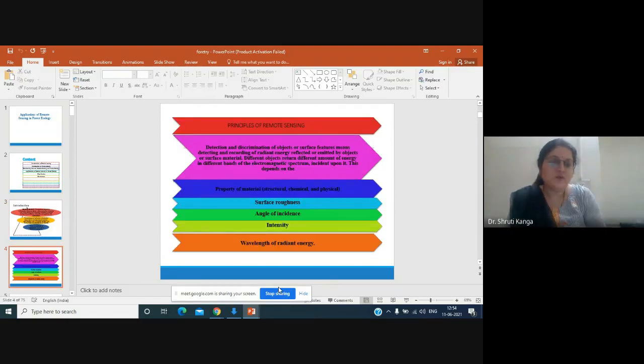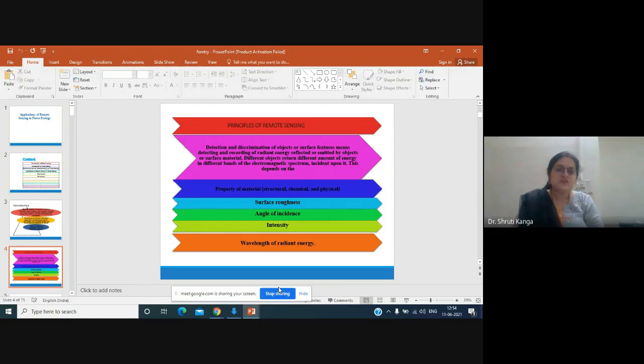Now, briefly we will discuss the principles of remote sensing. Firstly, the detection and discrimination of the object or the surface features, meaning detecting and recording the radiant energy reflected or emitted by objects or surface material. So the first thing is detection and discrimination of the various earth objects. This depends on the property of